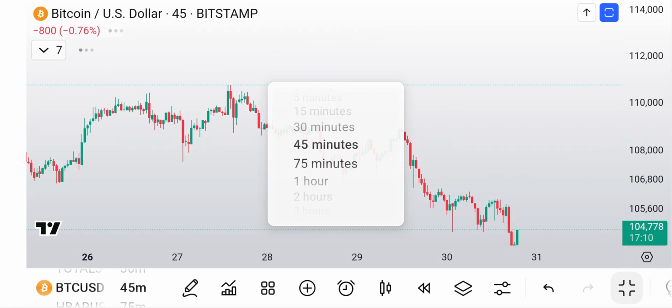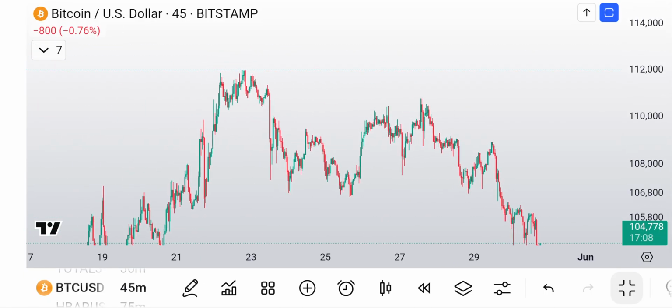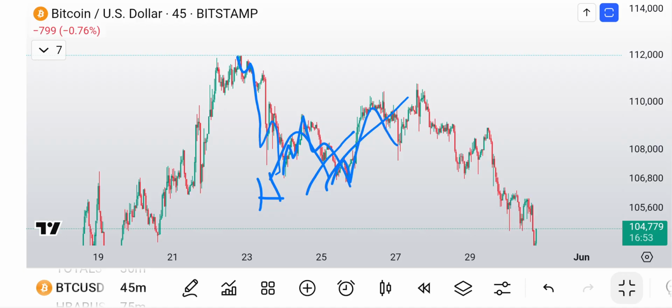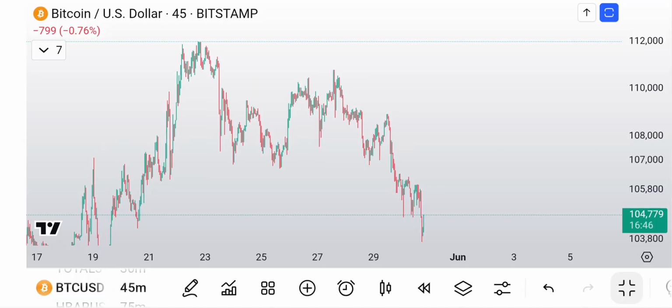For the A wave. Is it A or is it W? Right? It kind of looks like A. You got 1, 2, 3, 4, 5, A. Okay, so then you have 1, 2, 3 for B, right? So you have 1, 2, 3, 1, 2, 3, and then you have 1, 2, 3, 4, 5. So that's an A, B, C. That's a 3-wave move. That's a B. All right, so you got an A, B,